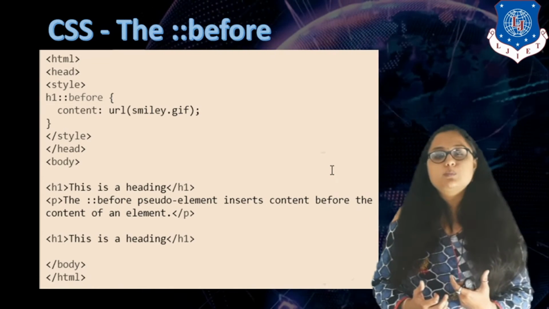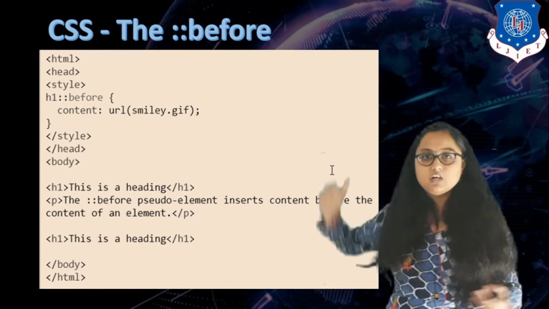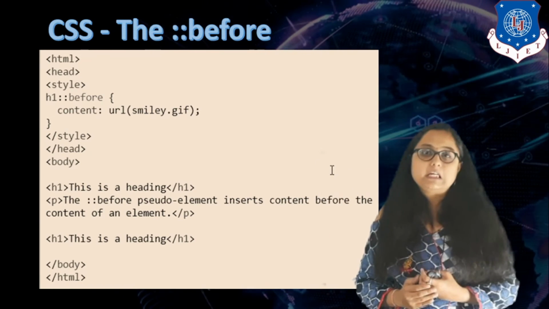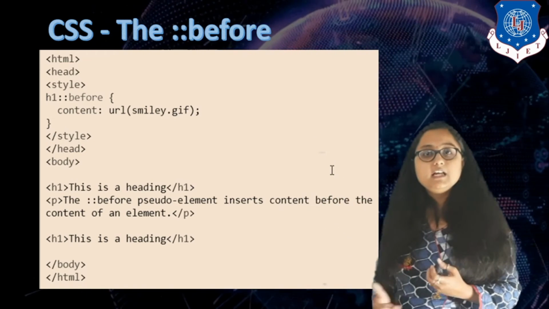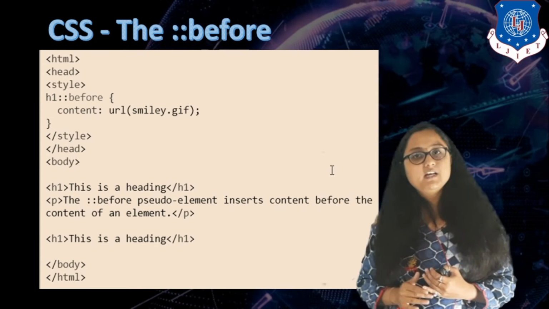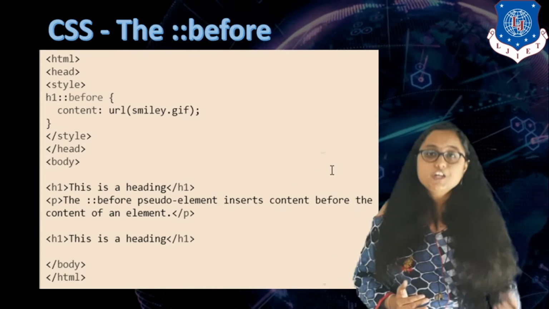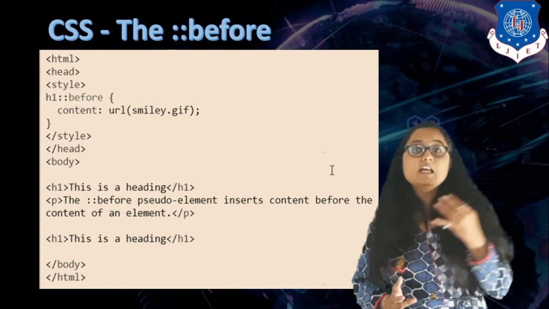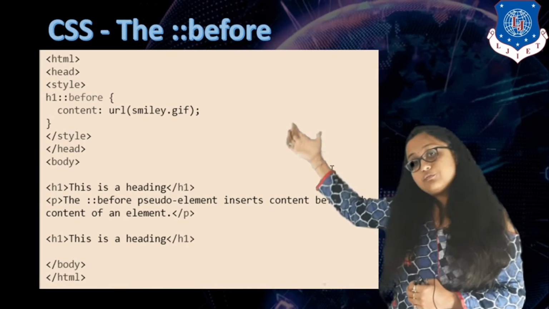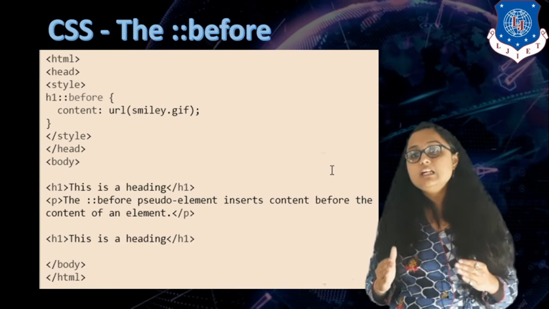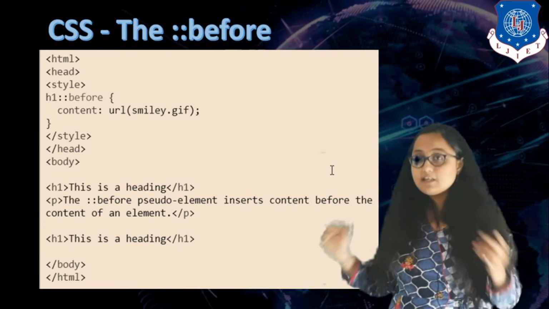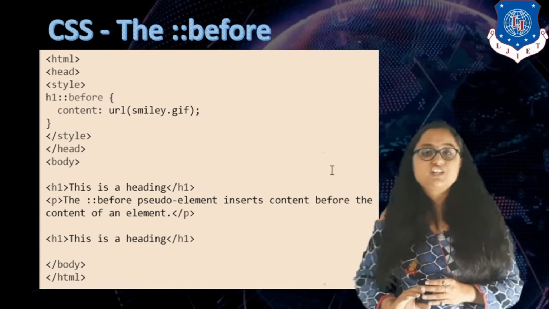Now this content property is generally used along with the before and after pseudo elements only. So we have not seen it previously, right? So in content you can give a URL, that I have given. In URL you can specify any URL, you can specify video, you can specify audio, you can specify any image, that I have done over here. I have specified an image. You have to write the full path. Only if that image and your particular file are in the same folder, you can skip the whole path and write the image with its extension, right?